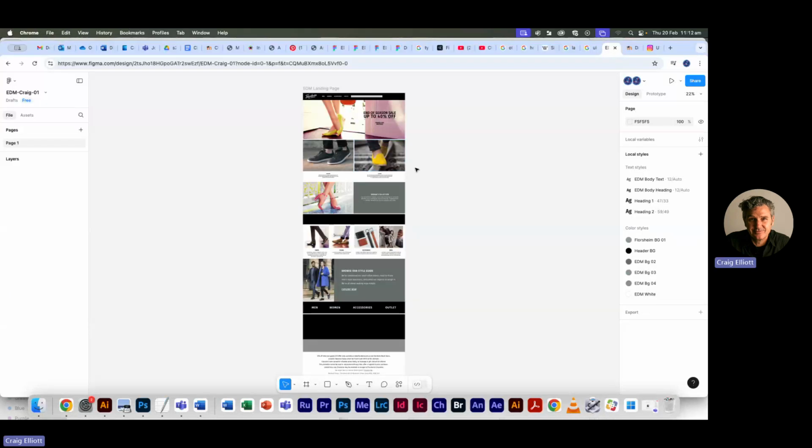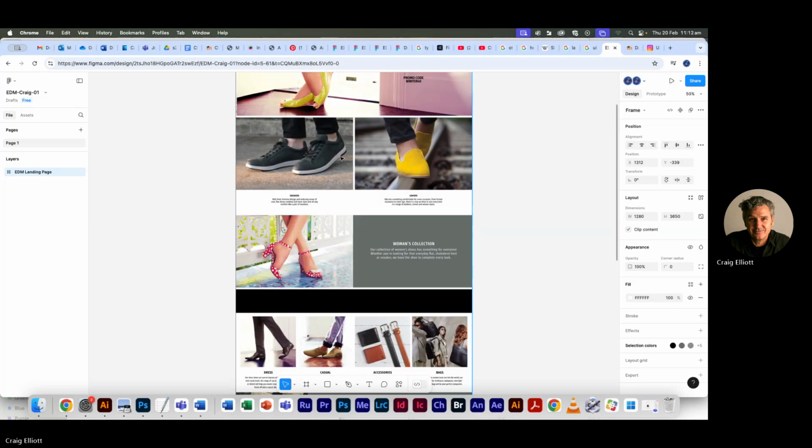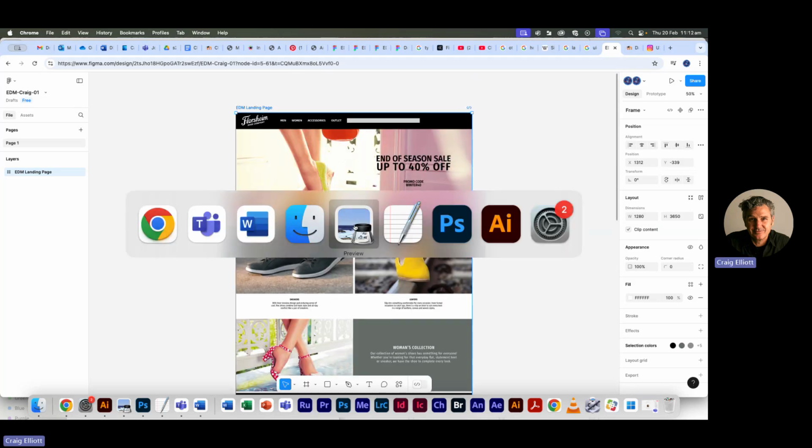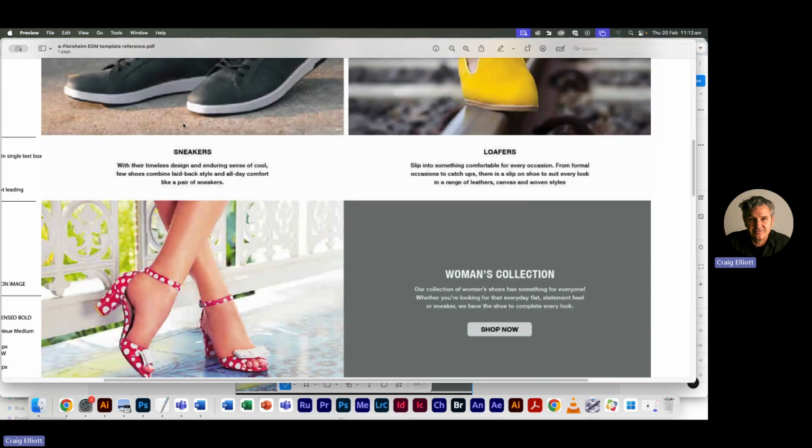Okay, everyone, just look this way, because when I created this EDM reference image, it was referring to building it fully in Illustrator, which is what previously happened. So now we just build it straight away in Figma. So what this means, the relevance of what I've just said, is